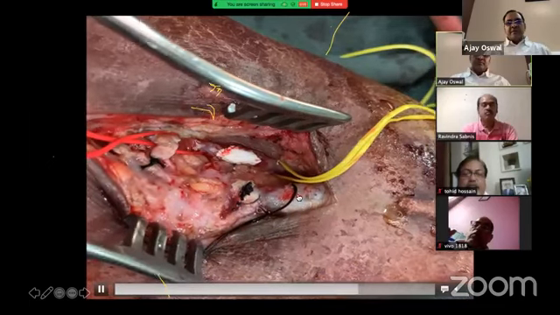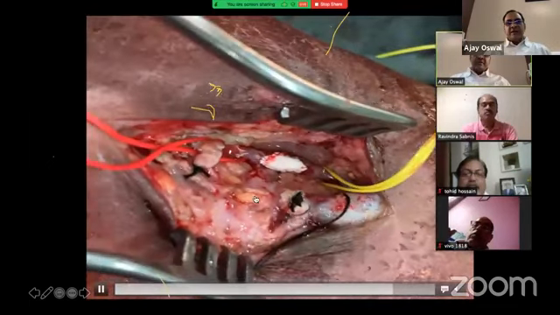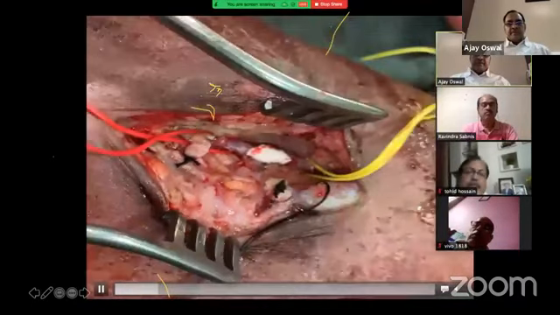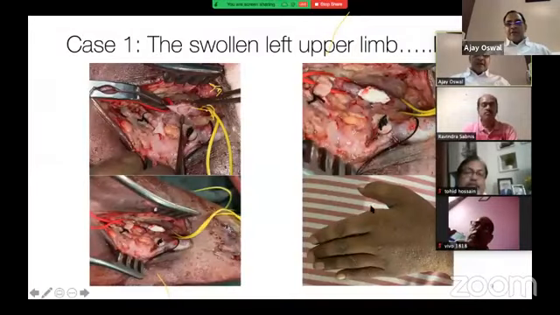This is the basilic vein. This is the vein towards cephalic. And at the end of 48 hours, you compare the preoperative picture and postoperative picture, there was significant reduction in the edema. So this open surgery was very difficult, but it worked very well. The only problem which we observed was after this surgery, the primary closure of wound was impossible. So we had to do a secondary closure 72 hours later.